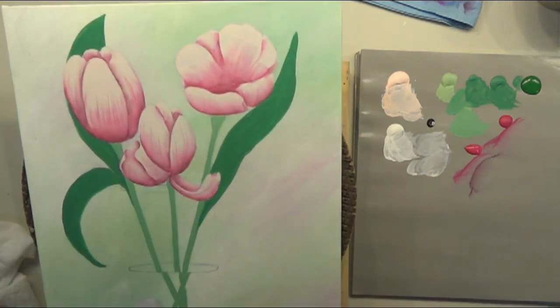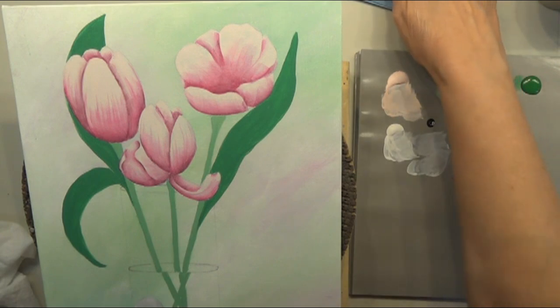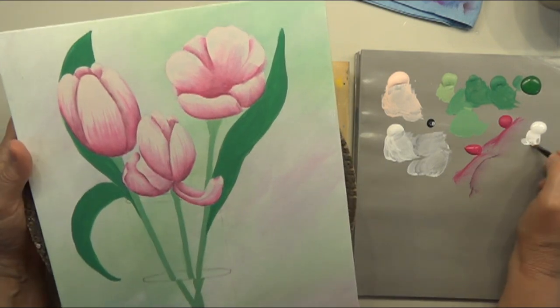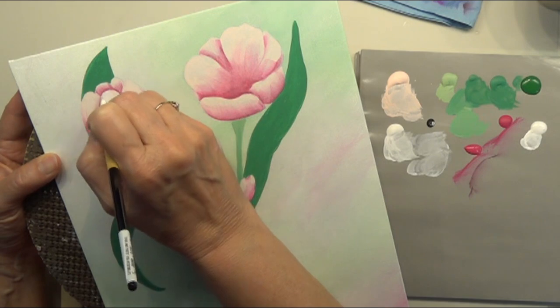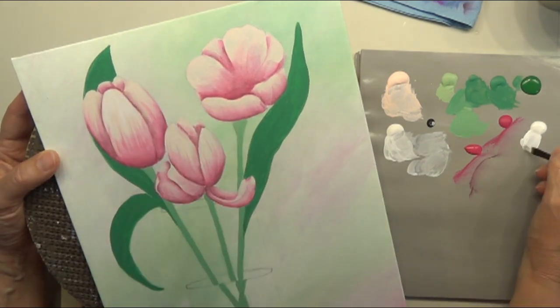Some nice, beautiful depth going on here. So now we're ready to highlight on these gorgeous tulips. Right, we're going to start highlighting on our flowers here. I'm going to load a filbert brush up with some white, and I'm going to start pulling some of this along the edge,